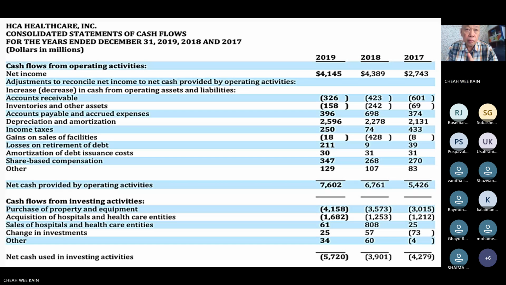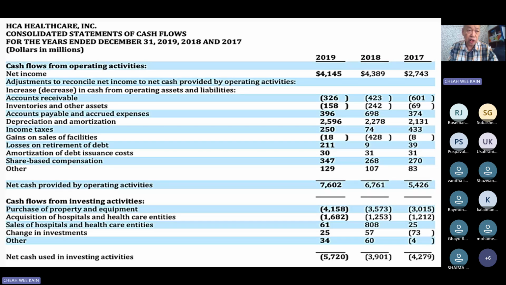Now, again, I repeat, cash flow is to run your business. Negative cash flow, how are you going to run your business? The income statement is to show you make profit or loss. That's all. So the income statement and the balance sheet are not cash flow. Okay. So the balance sheet is to show your assets and your liabilities. And the income statement will show you your revenue, expenses, and the net will be either profit or loss.